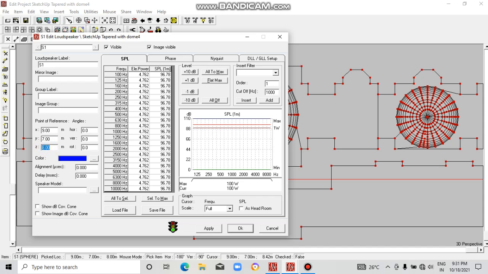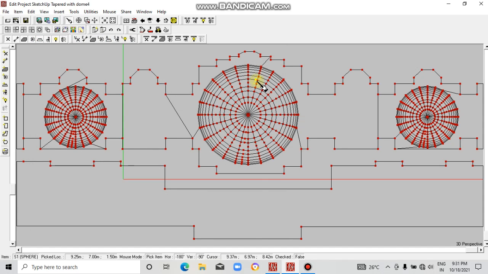We will make it 1.5, a normal human height, the height of the speaker's mouth. Now this X we can change, let's make it 19.25 and see where it goes. Click on OK. This is it.